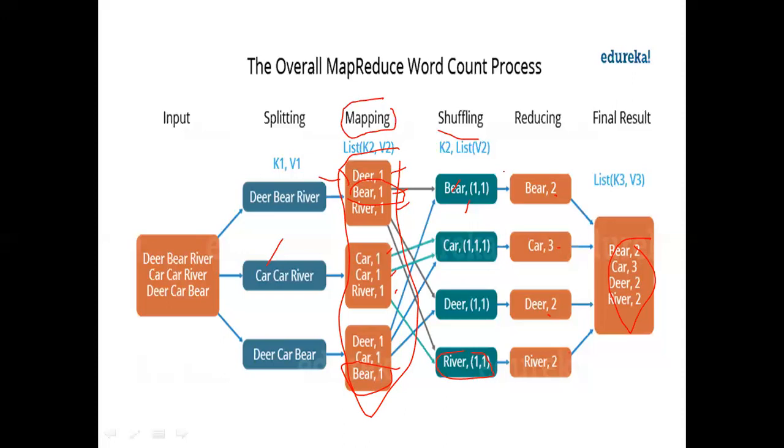This is the example we are going to take, and for this example we have to write the mapper class, reducer class, and driver class. For these three we are going to write these three classes. Clear? This is the concept here. For this class only we have to go for the programming.